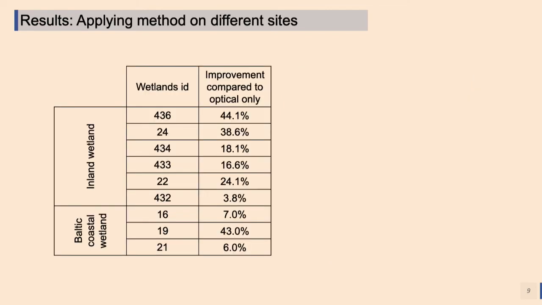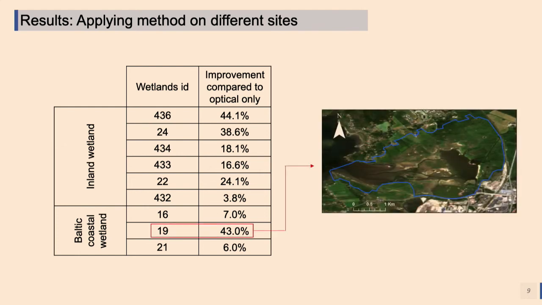And we can see that by applying this method to other wetlands too, we can reach almost 40% improvement compared to only optical sensors, because they only give us an idea about what's on the surface of that object. So we don't have any idea about the water below this vegetation, which is hidden. So if we somehow mix these methods, we can improve the water delineation in our wetlands by almost 40% in some cases. As another example, one of the